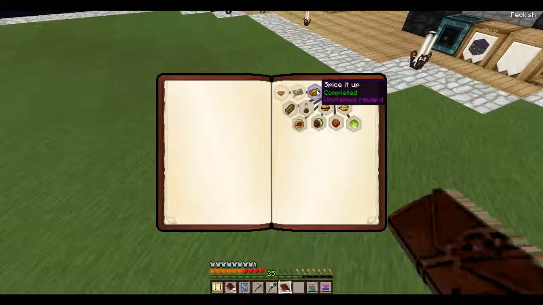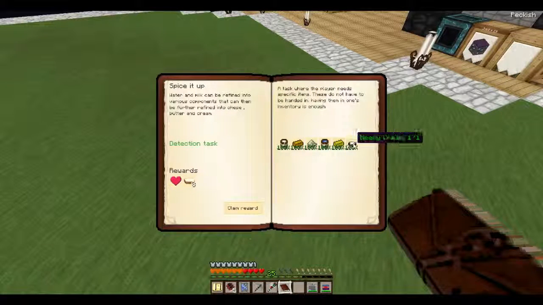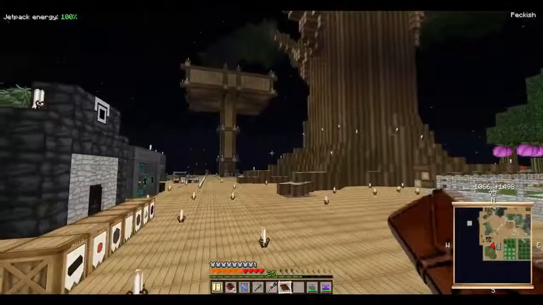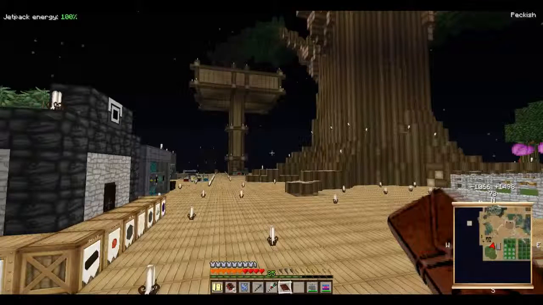In Hell's Kitchen, I went ahead and completed the Spice It Up, which was just things to do with milk and water. Cherry jelly sandwich and a full heart. How to get this type of fresh milk over fresh milk right out of a cow. You get the bucket and a cow, get that milk that way. Then put it through your crafting grid again, and you get the